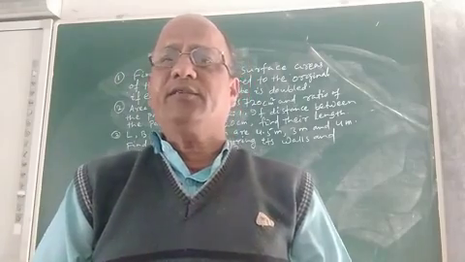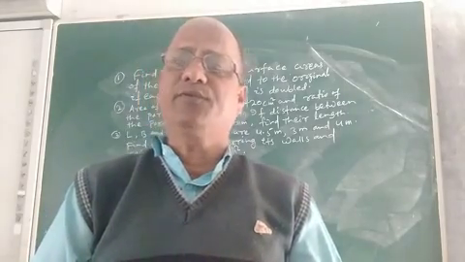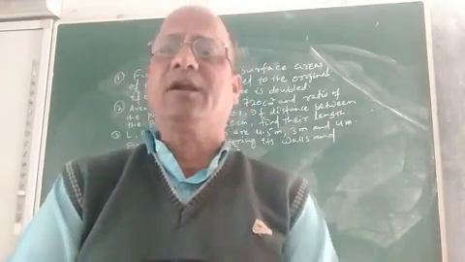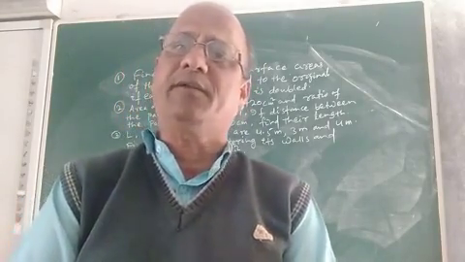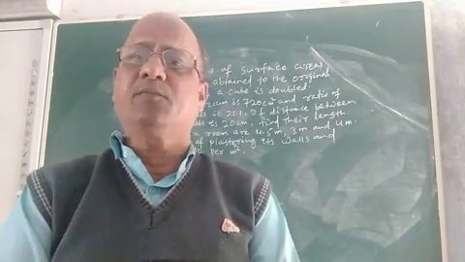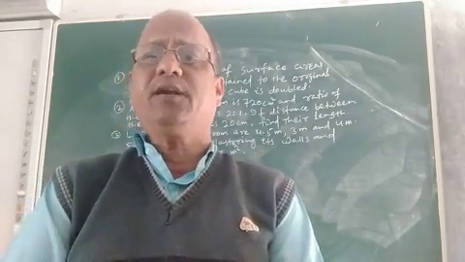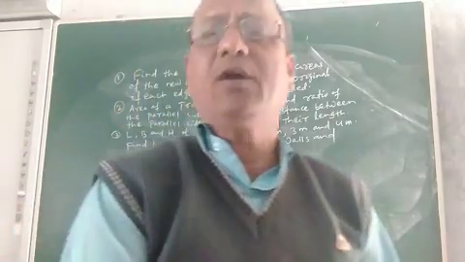Children, in the chapter mensuration, we have already read what is cube, cuboid, how to find lateral surface area, total surface area, etc. of cuboid and cube, and also we have read trapezium, what is the formula for trapezium and how to find area of a trapezium. So today let us discuss few problems on cuboid, cube and trapezium. Now look at the first question.